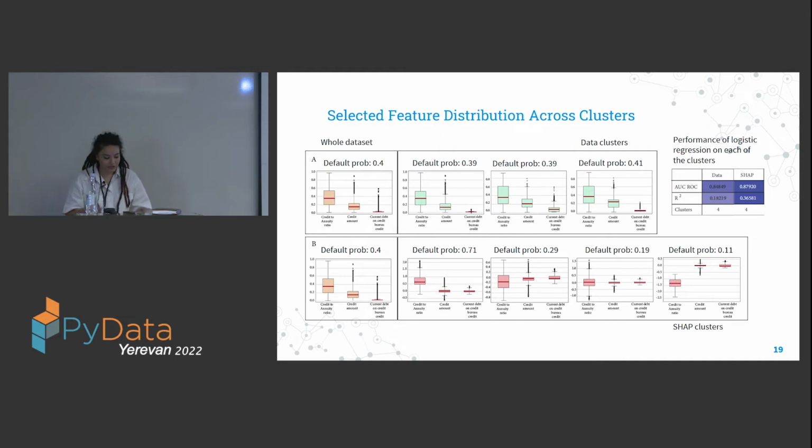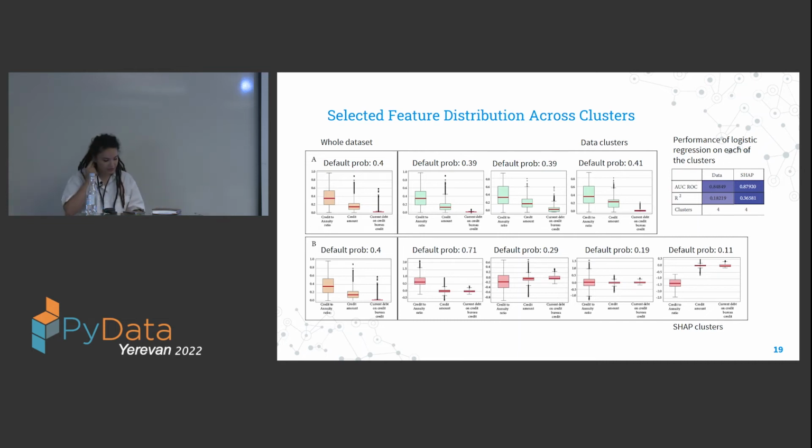Also, when we did this clustering based on SHAP and based on data, and we did the logistic regression on the whole data set, we wanted also to show the performance of these logistic regressions on each of these SHAP clusters and each of the data clusters. So we can see that, for example, when we did logistic regression on the whole data set, our R-squared was 0.18. R-squared is the goodness of fit, how well features are explaining the outcome variable. So if it's 0.18, it's not quite well explained. It means the features are not very well explaining the outcome variable.